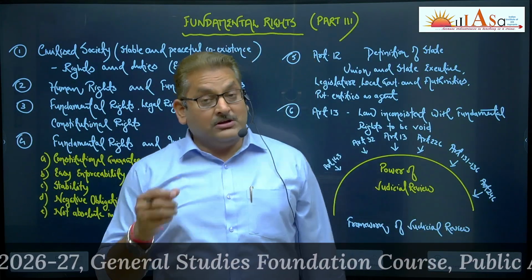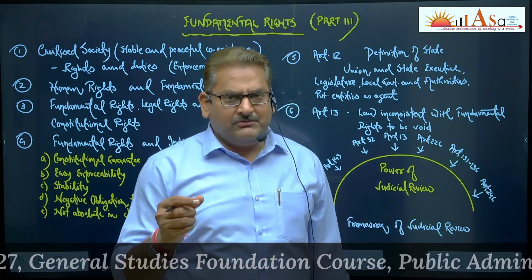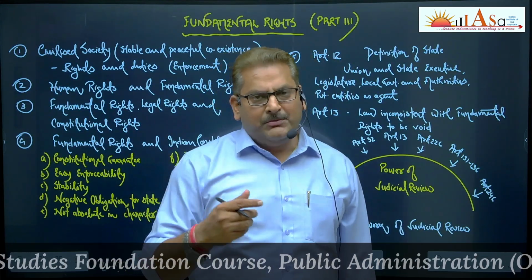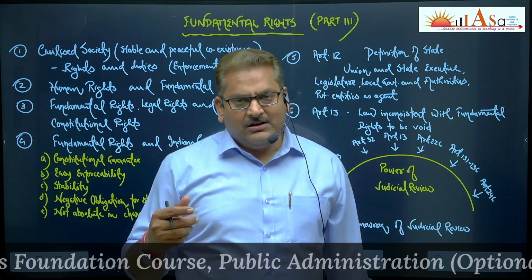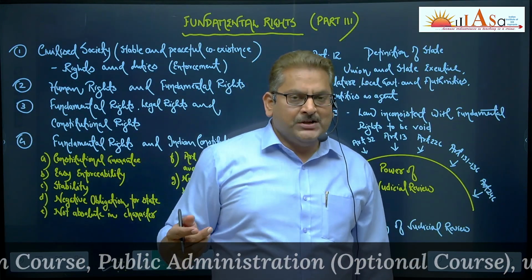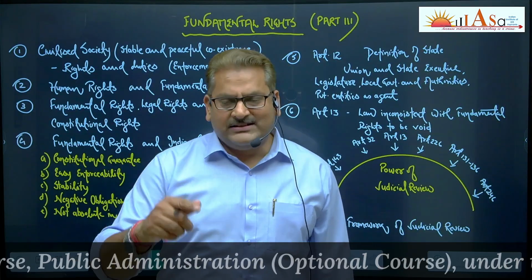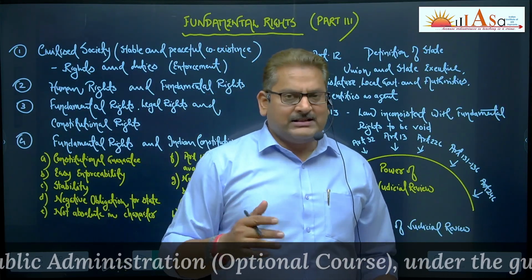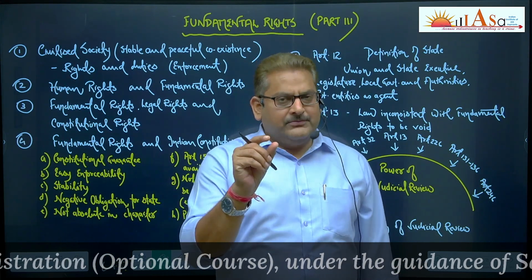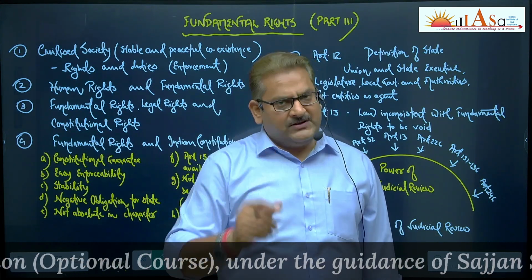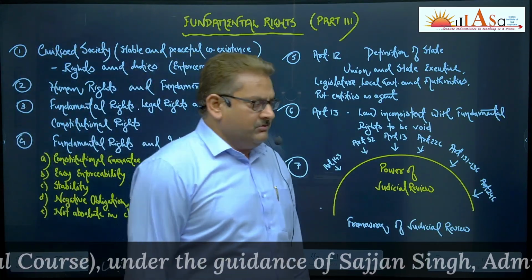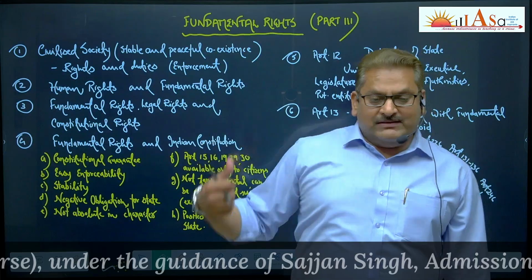The scope is very broad. Those rights which are very basic, inalienable, indivisible, associated with every human being, recognized for every individual on this planet, irrespective of caste, class, region, religion, ethnicity, nationality, whatever you say. Human rights are available to all. Then we discussed fundamental rights, that component of human rights which is very basic and fundamental, extremely essential for multidimensional growth and development of any individual. Clear? Now come to civilized society. What is its significance?